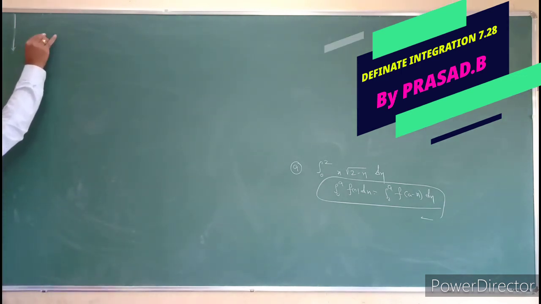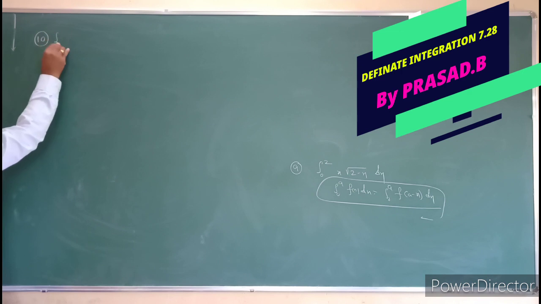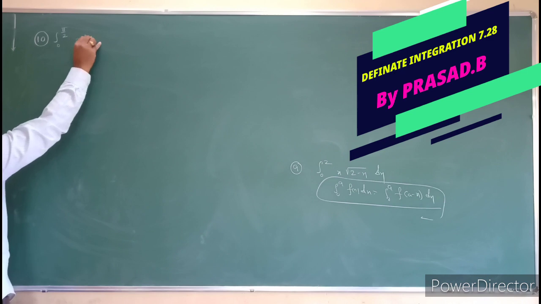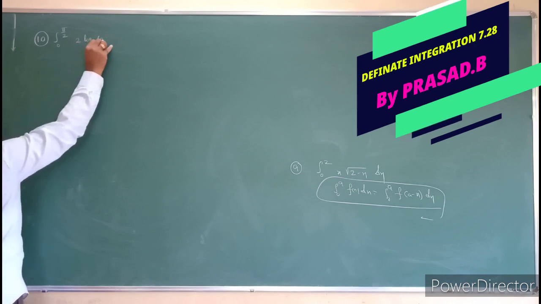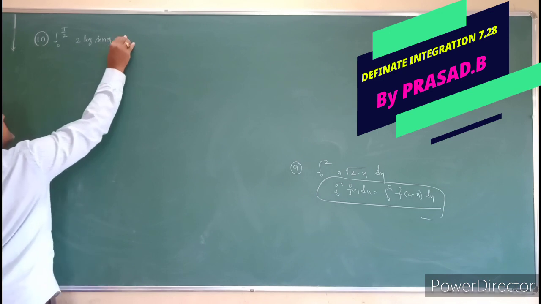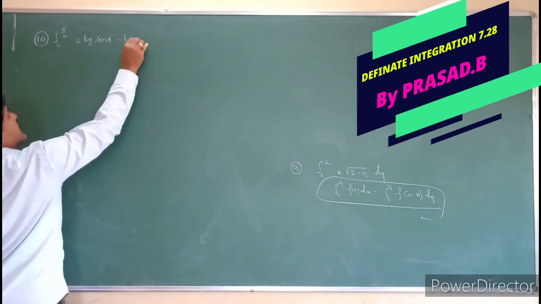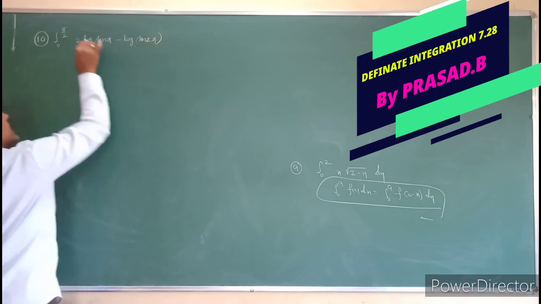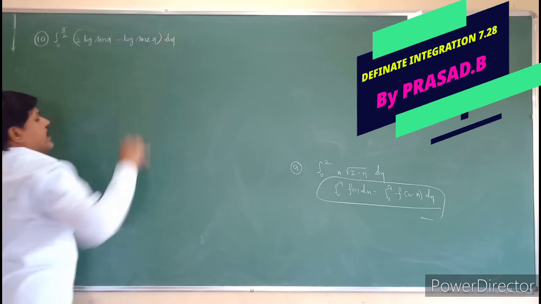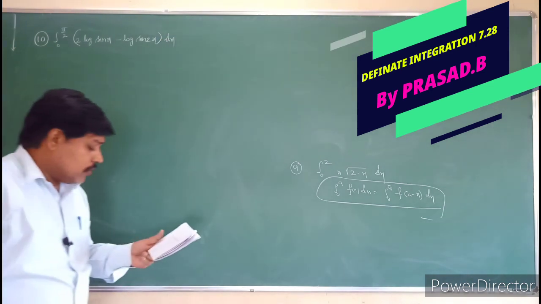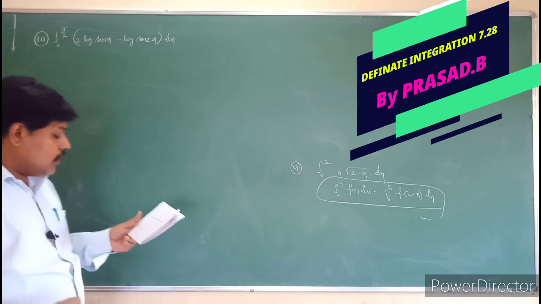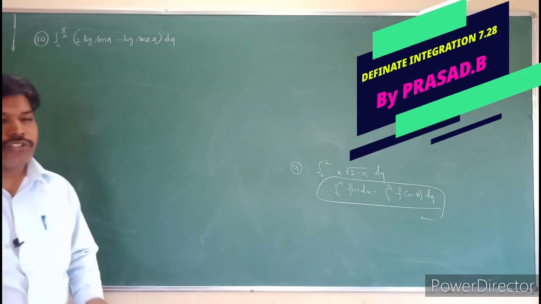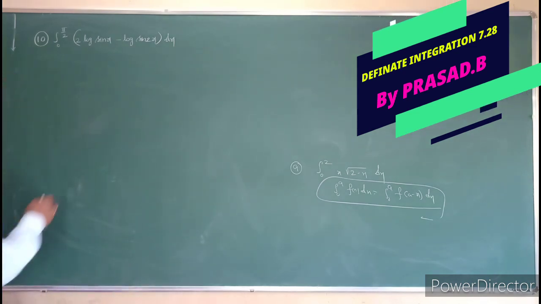So see the question number 10. Integral 0 to pi by 2 of 2 log of sin x minus log of sin 2x into dx. So see that question, students, how to solve this question. So first